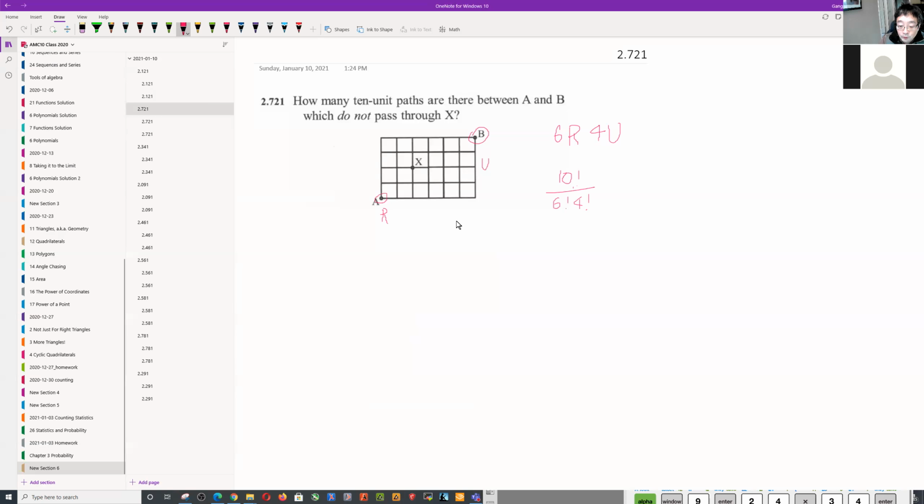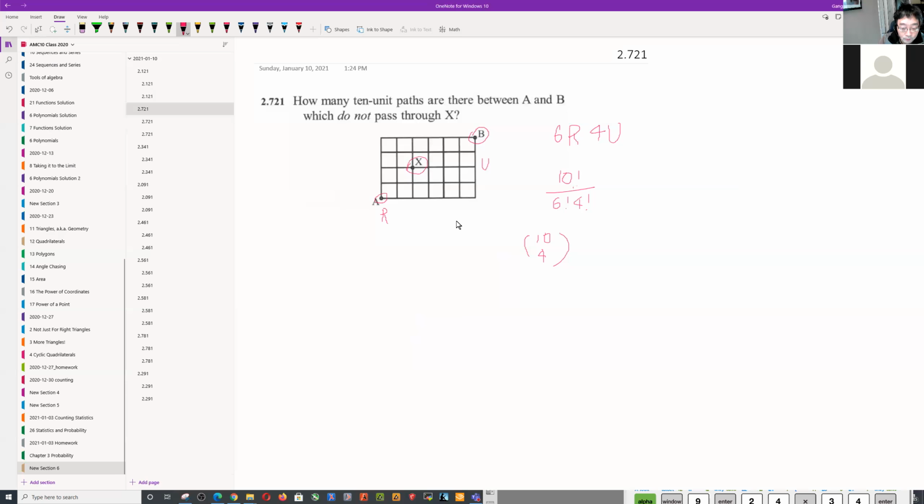Or if you view it as a choose problem, because out of 10 instructions, you need to choose either 6 right or 4 up. So if you view it that way, it's going to be 10 choose 4. So that's the total. Then we're trying to see how many ways need to be subtracted, from going through X, because not going through X is very hard to arrange, it's just so many ways that it will pull you down fairly quickly. So passing through X,